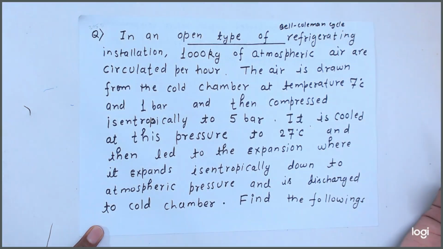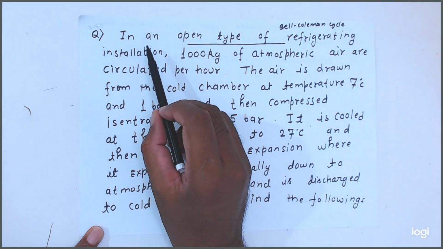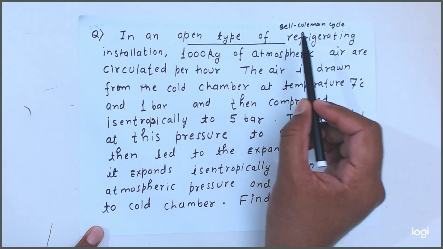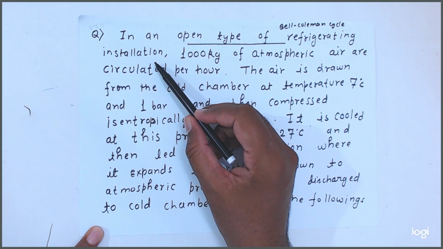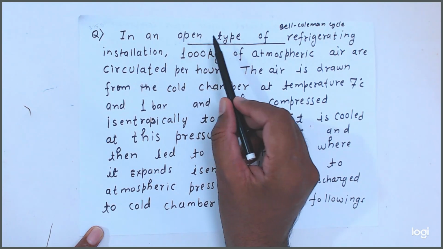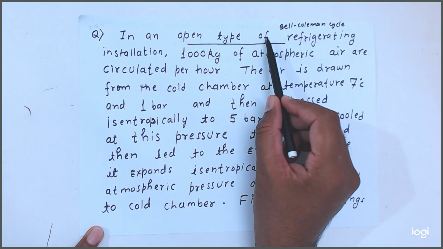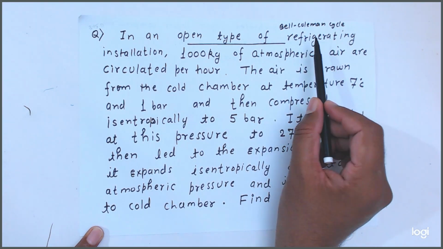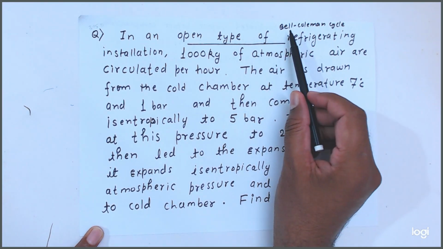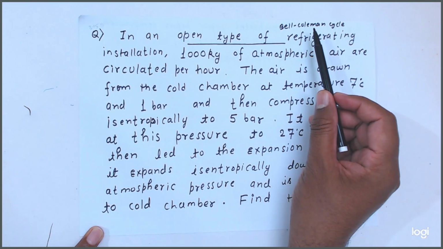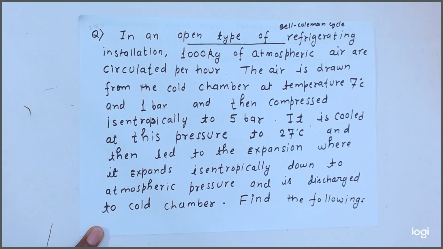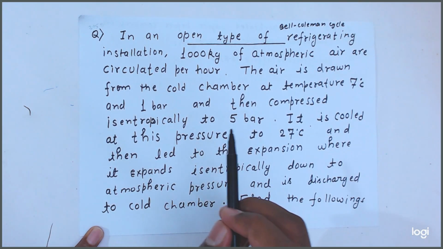Let us start this numerical question related to the Bell Coleman cycle, reverse Brayton cycle, and reverse Joule cycle. Friends, the question is: in an open type of refrigerating installation. Open type of refrigeration means it is talking about the Bell Coleman cycle or reverse Brayton cycle or Joule cycle. Getting friends? So,